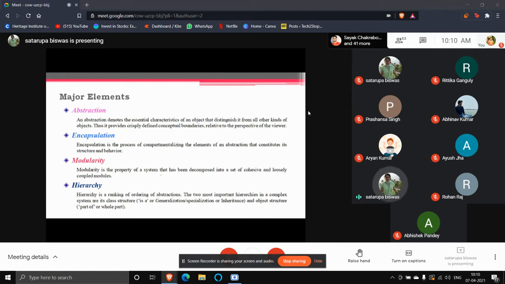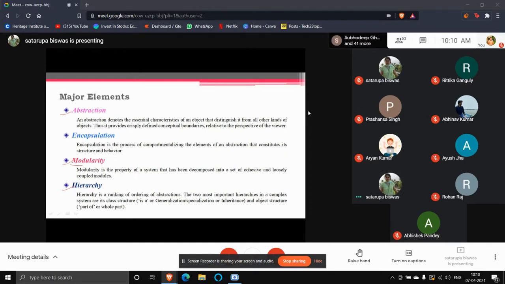And in object-oriented programming, the level of abstraction is very important as we work in a hierarchy. So see, I'm calling the fourth criteria or fourth element here, that is the hierarchy. Without the hierarchy, object-oriented programming cannot be done. Why? Because in the beginning of object-oriented programming, we divide the problem into a number of segments or modules. So here comes the modularity. So here comes our third property. So when we are discussing the abstraction, at the same time, we are discussing the hierarchy and the modularity.